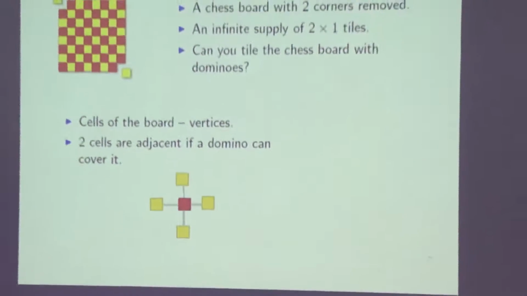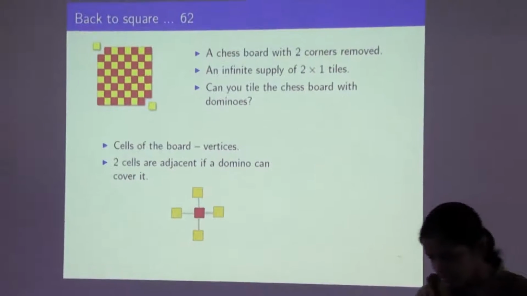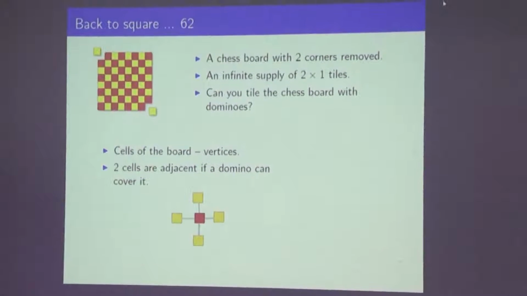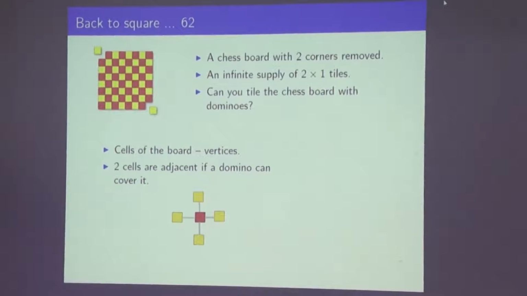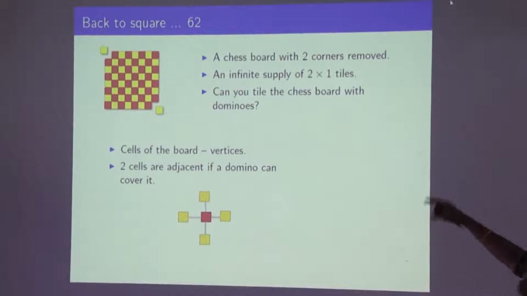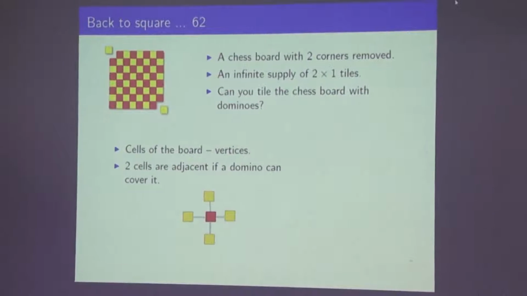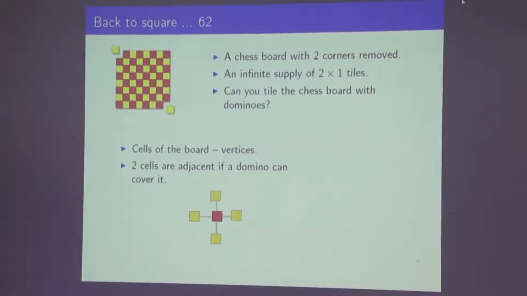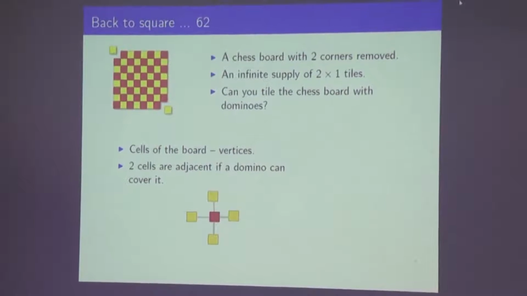So at least we are at a place where we have defined a graph, which is this diagram where you defined the adjacency. But now where is the matching problem? Let's ask how many vertices we have in our graph. Once we have a chessboard, we have 64 cells, but out of that 2 have been removed, which is 62 cells. So we have 62 cells which are the vertices, and we have adjacencies between them.